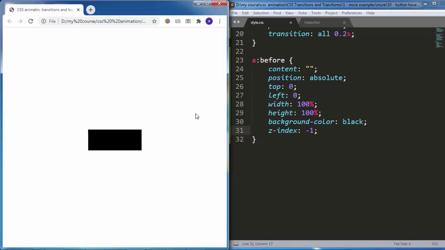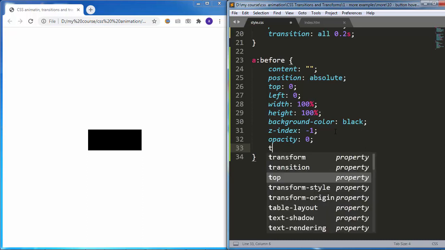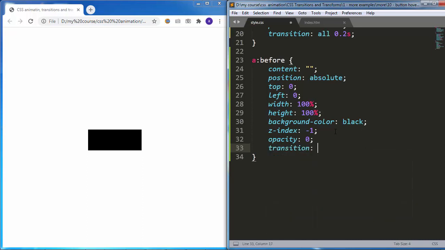And now you can see we have a black background that has the same width and height as the link, and it's sitting above it. So, if you remember, it should be invisible. Then, when we hover over the link, it should fade in and rotate. So, let's do that. I will go back and add opacity 0, then transition all 0.8 seconds. Then below that, I will add hover, before,